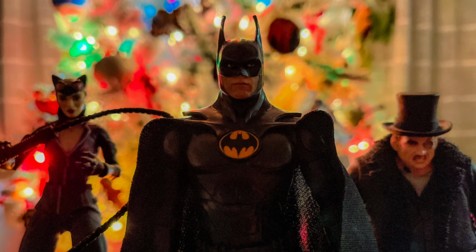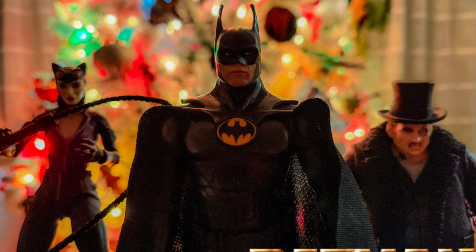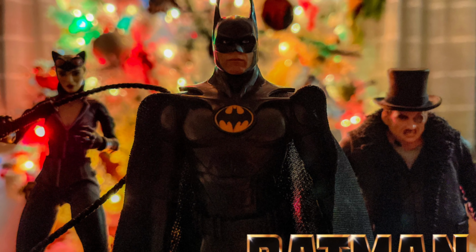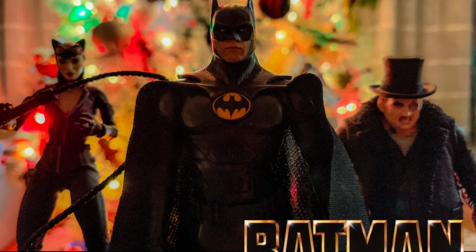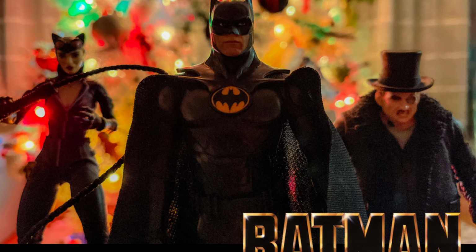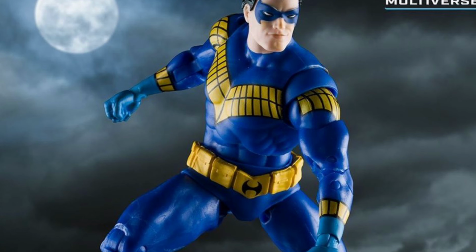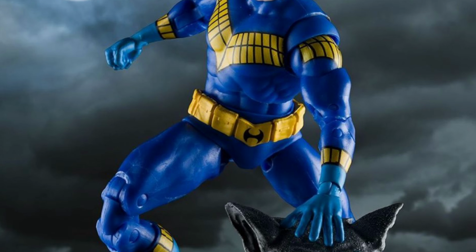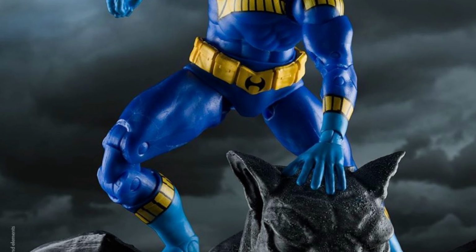So as you can see, I'm trying to get that Batman Returns vibe, but just don't have it yet. I'm eagerly awaiting those Batman Returns figures, and when I get them, I'll be happy. And Penguin will definitely make my list then. Nightwing, totally an essential figure. I'm glad he came with his little throwing discs. I think that really makes it. I kind of wish his little thing on his chest fit over,